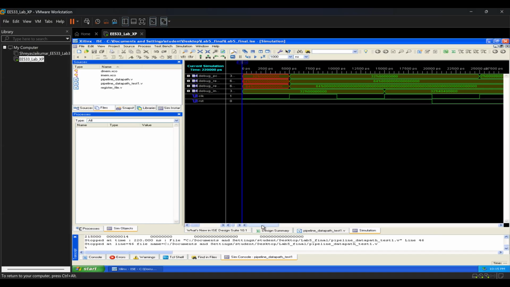So load address 0, register 0, which is equal to 0 of the data memory, into register 2. Load address 0, register 0, which is equal to 0 of DMEM, into register 3. There are 3 no-ops. And finally, we are storing 4 into memory address 4. So, as you can see from the respective waveform,